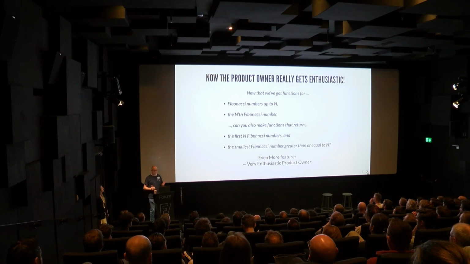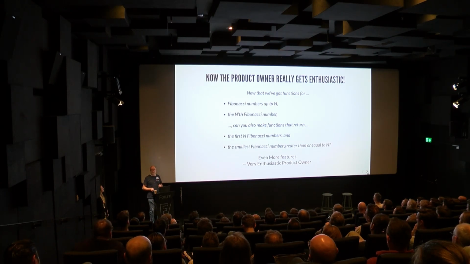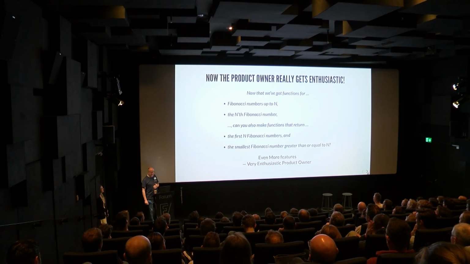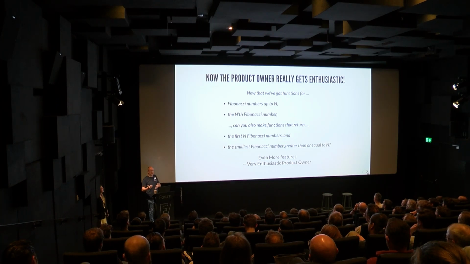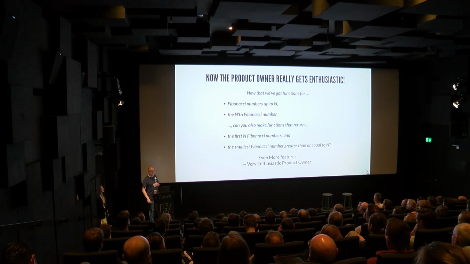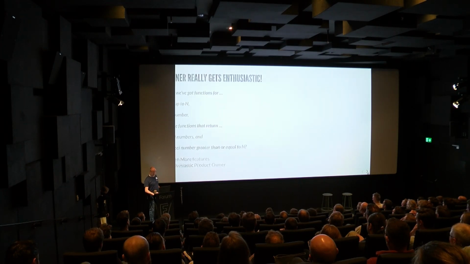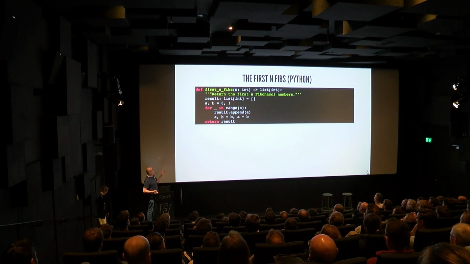So you demonstrate it again, and now the product owner really gets enthusiastic and requests two more functions. Product owners never get enough. More functions, more functionality. So the next function that he would like to see is a function that returns the first n Fibonacci numbers. It's a little different from the first one. Remember, that one was up to a certain threshold, and these are just the first n numbers. And finally, he wants us to make a function that returns the smallest Fibonacci number equal to or greater than a certain value. So first, let's quickly look at